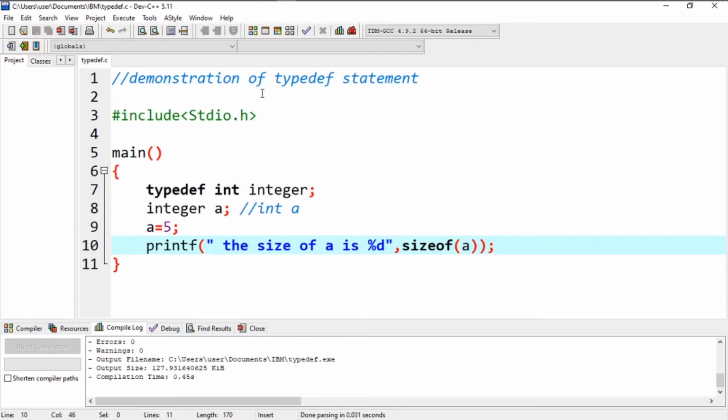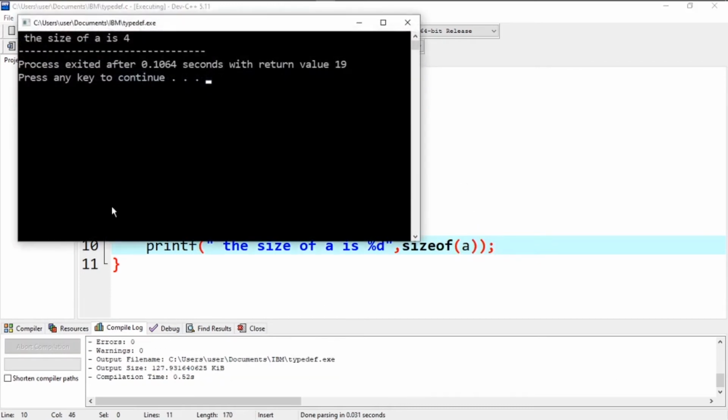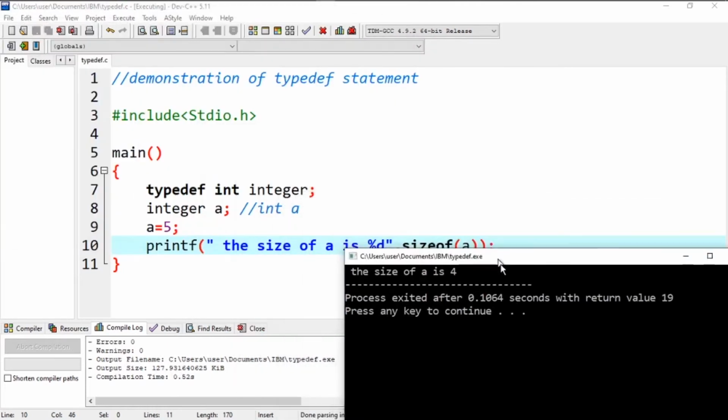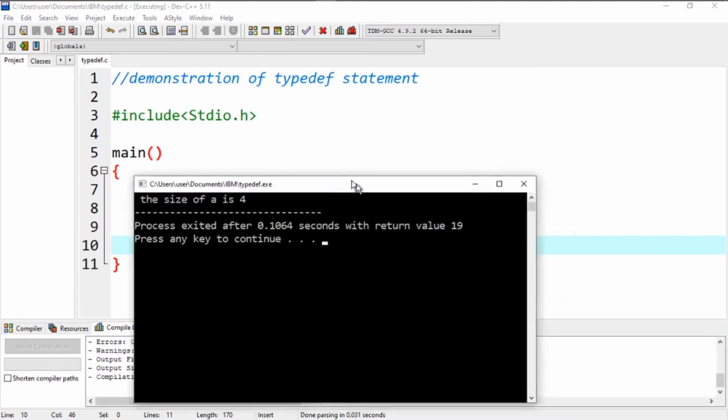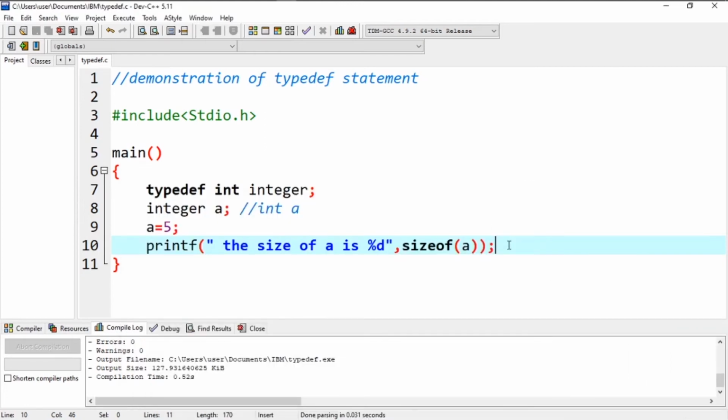Now let's save the program and let's compile and run it. So here we have the size of a is 4. So you can see over here this a is int data type and the size of int data type is 4 byte. So is that of a variable. Therefore this displayed 4 over here. So now let's close it. So in this way we can define new data types that are equivalent to existing data types.